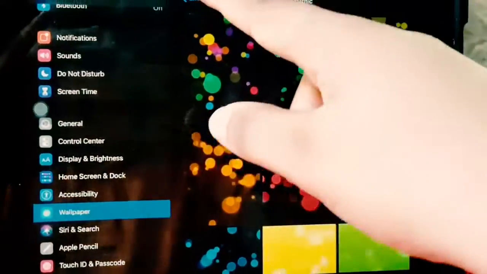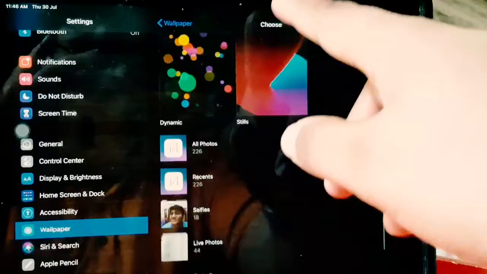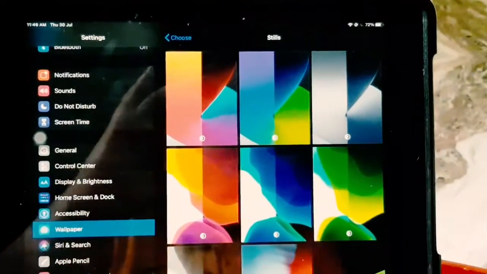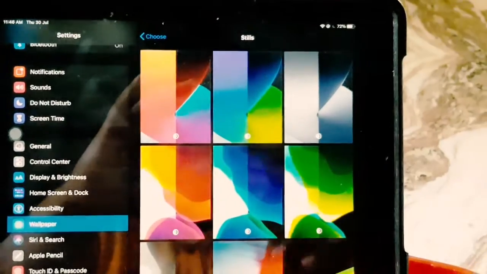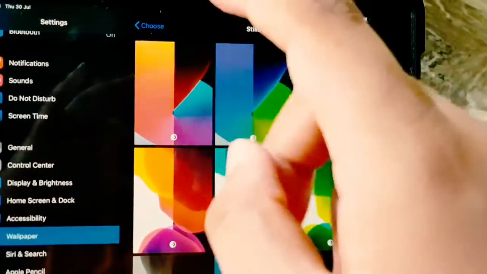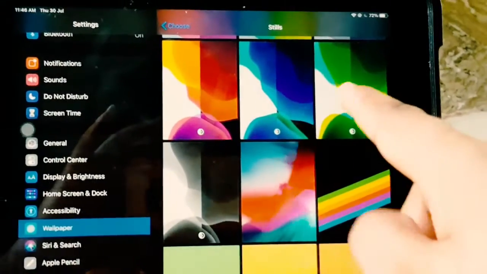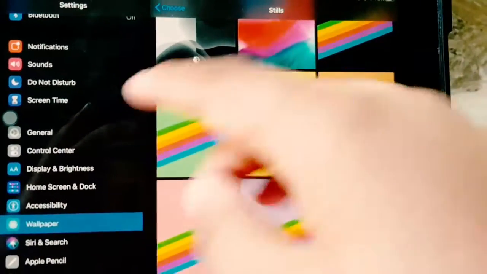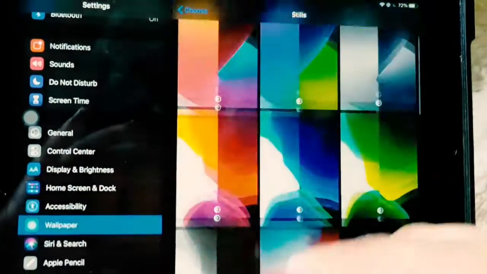But I'm not a fan of dynamic wallpaper. I really like stills. So you can see here there are some brand new still wallpapers. The ones up here are iOS 14's wallpapers, and down here are iOS 13's wallpapers, and these are all default or stock wallpapers.